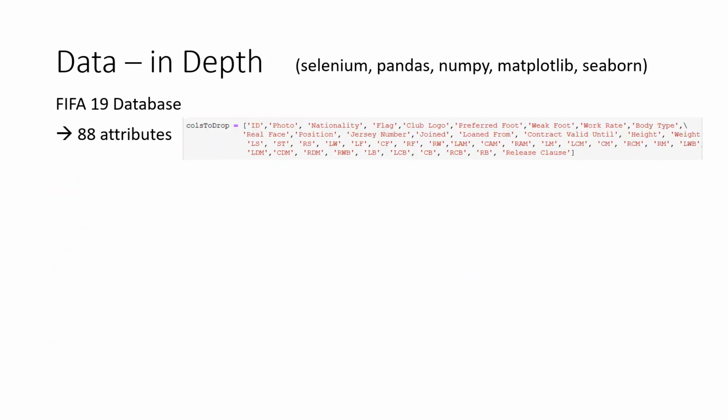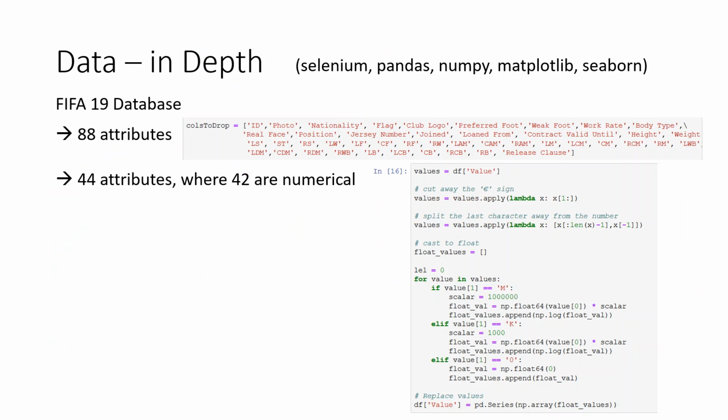And the FIFA 19 database gave me 88 attributes for each player, which is way too much. So I decided to throw out all the string attributes like photo and nationality and flag. They don't give me any information. So I was left with 44 attributes, where 42 are numerical and the last two are the value and I think the contract. No, their wage was still a string, which with this code snippet over here, I